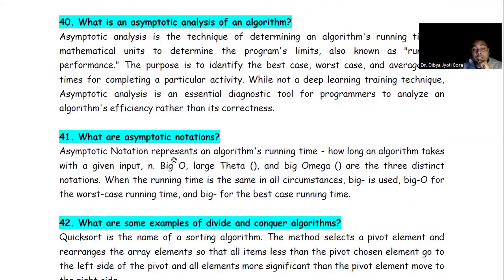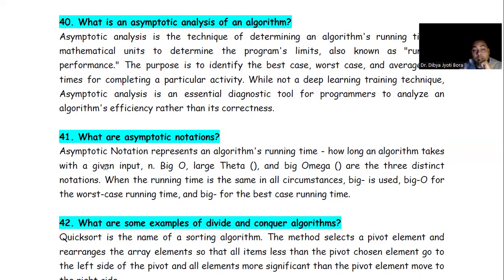Efficiency we try to find out with the help of asymptotic analysis. Notations are like big O, theta, omega, right? Big O, big theta, and big omega. The asymptotic notation represents the algorithm's running time, meaning how long an algorithm takes with a given input.